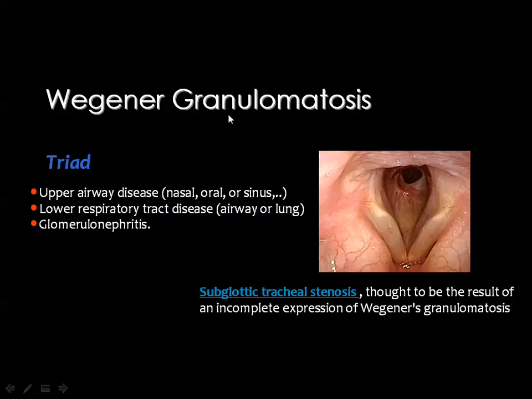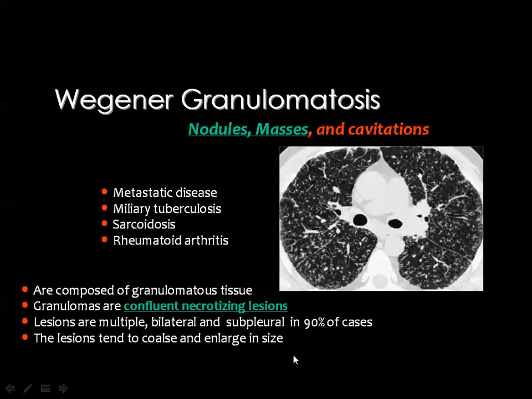Wegener granulomatosis is a triad of upper airway disease, lower airway disease, and glomerulonephritis. The subglottic tracheal stenosis is one of the manifestations of Wegener granulomatosis. Then, inflammation of the vessel wall may lead to granulomas, and the granulomas are the sequelae of confluent necrotizing lesions, as I have mentioned, and this will result in,